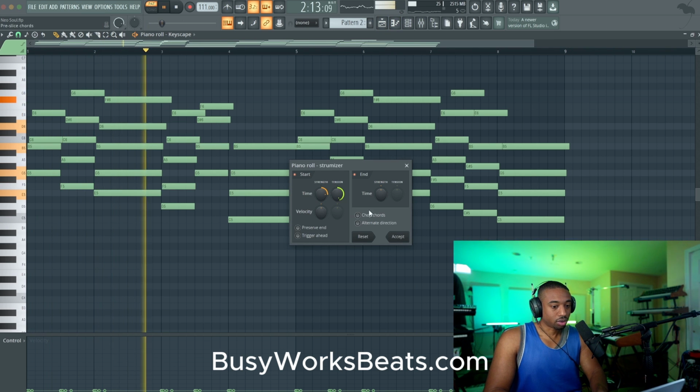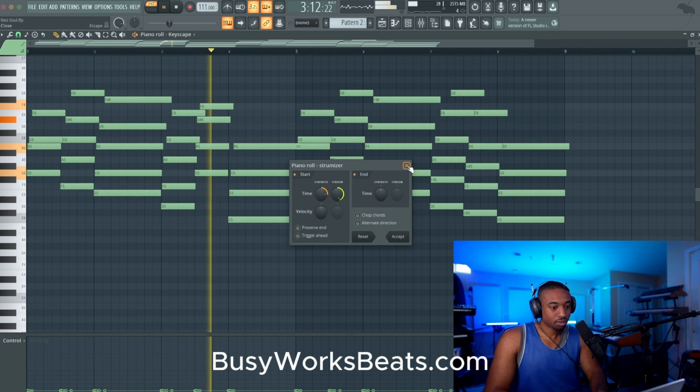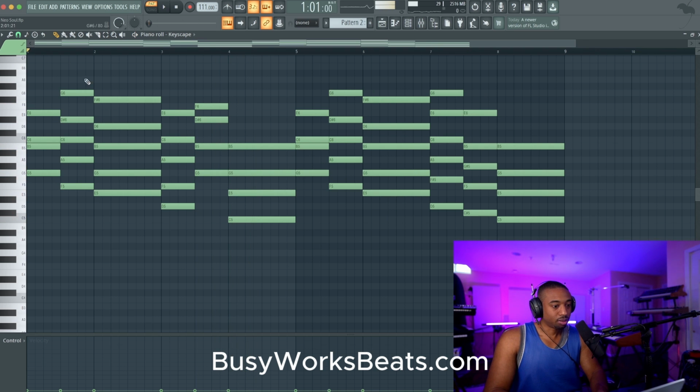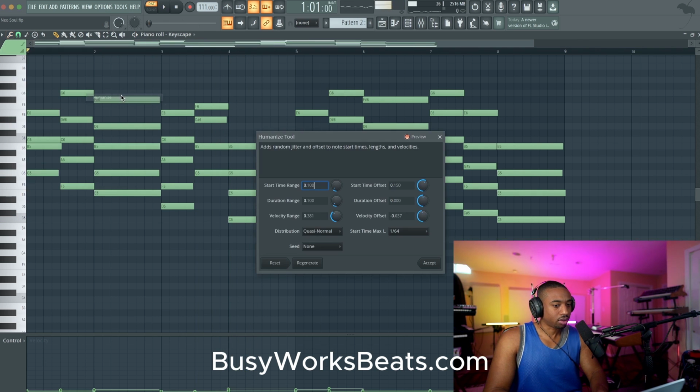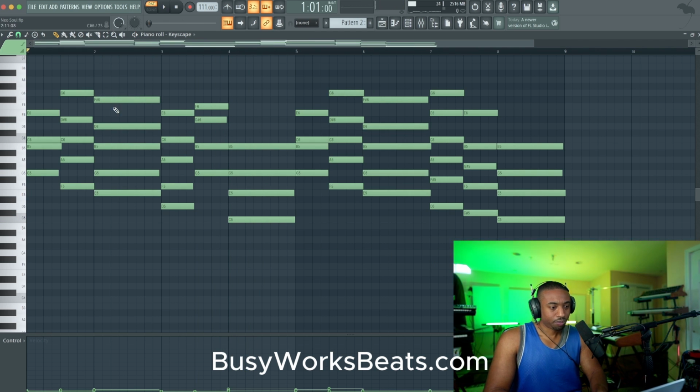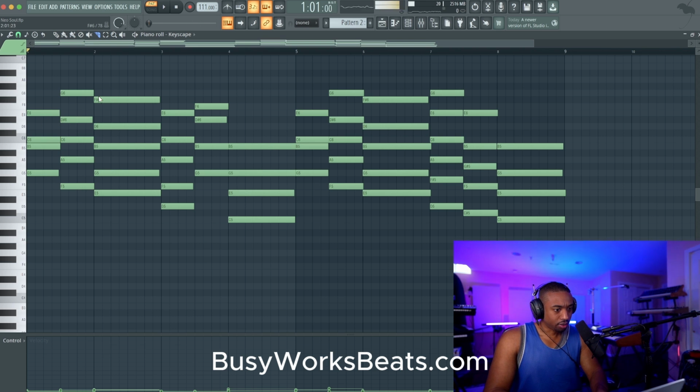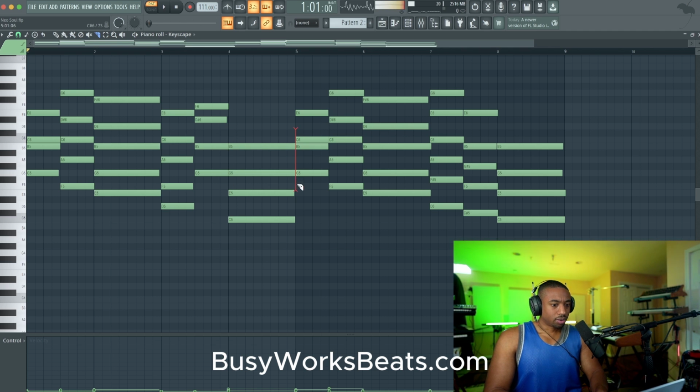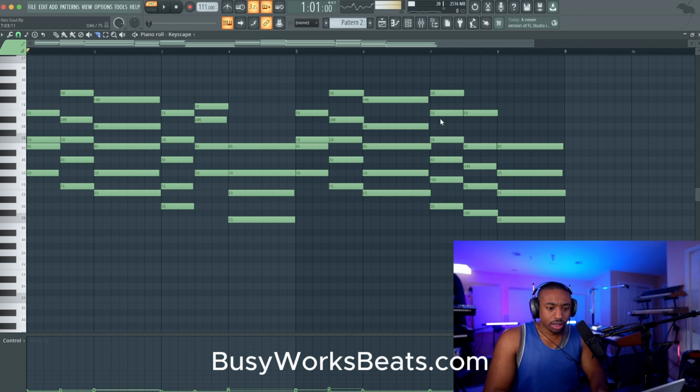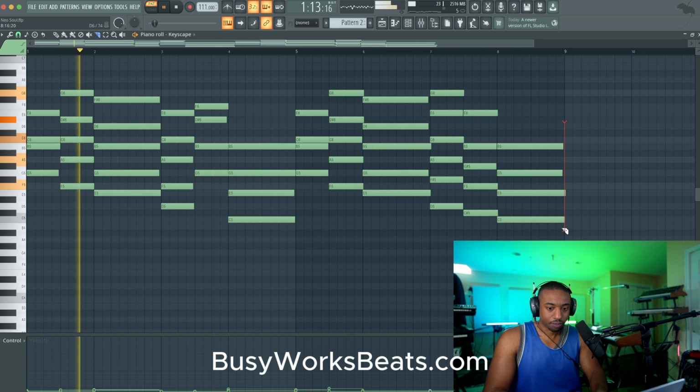And let's add that strum. Actually, before strum, let's do humanize so that we get all the velocity differences. We're going to make sure no overlapping notes. This is an FL Studio function. If you're in other DAWs, you don't need to worry about this. But in FL, if the notes overlap, they mute. So we need to make sure they're not overlapping. Quickly do this by hitting Shift and then right click with your slice tool. That's a quick way to make sure stuff's not overlapping.